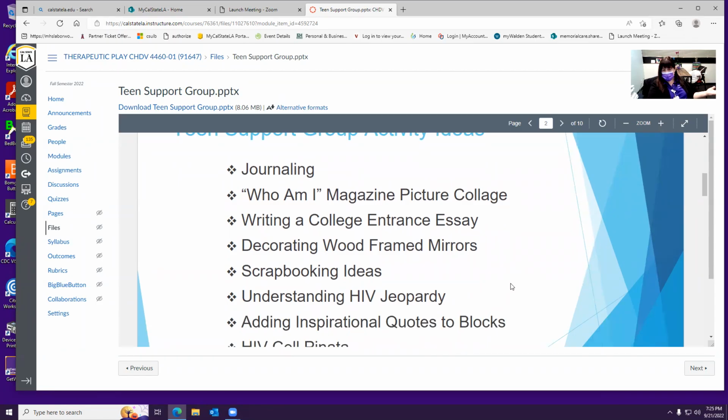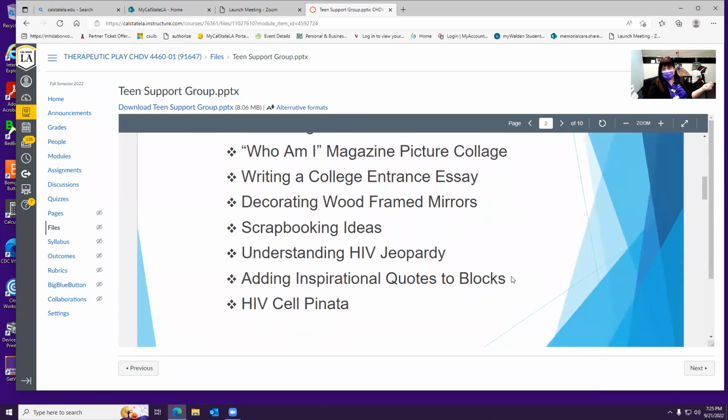We learn about HIV through a Jeopardy game. I've created a Jenga and I write different questions about HIV and the diagnosis or the disease process on the little pieces. And so when they pull a piece out, they have to answer the question. We have added inspirational quotes to wooden blocks. We've actually created a piñata